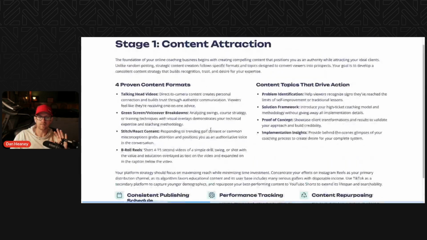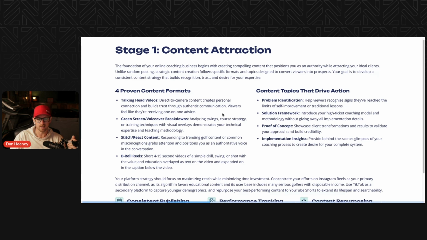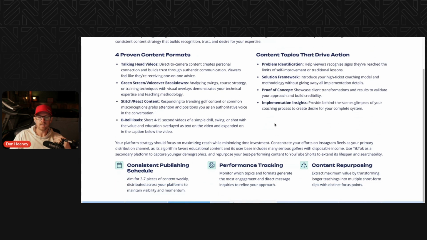Overall, the big things inside of content is that we are regularly and consistently producing it, and we are going with proven formats that work on the platform we're trying to attract an audience on. And through that process, this is top of funnel. This is the very first thing that needs to happen. Everything else that's going to come after this is kind of downstream of being able to get attention on the internet. Some other key factors in posting content and generating traffic will be, we want a consistent publishing schedule, 3